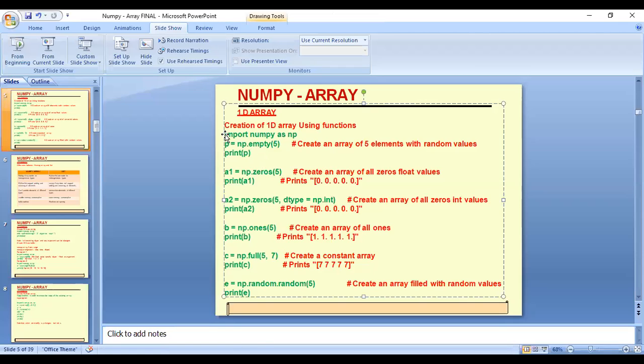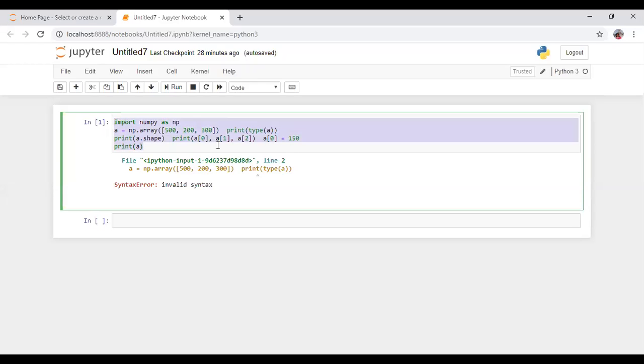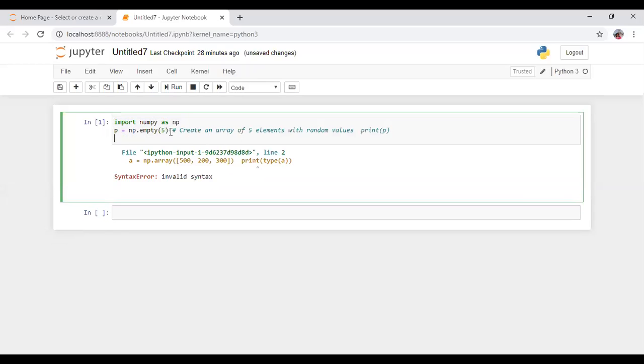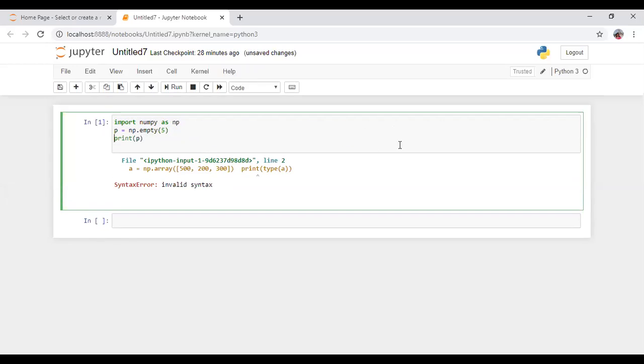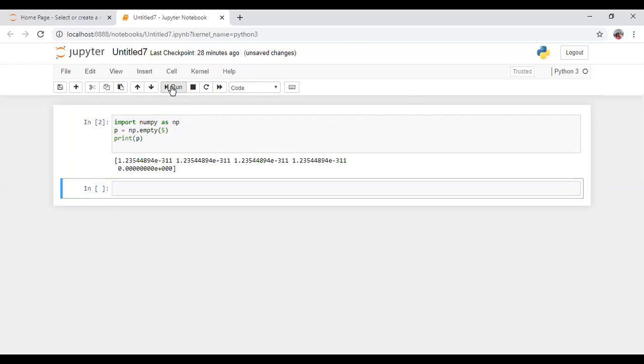See here, first I am importing numpy. All the values of the 5-element array will automatically be random values.